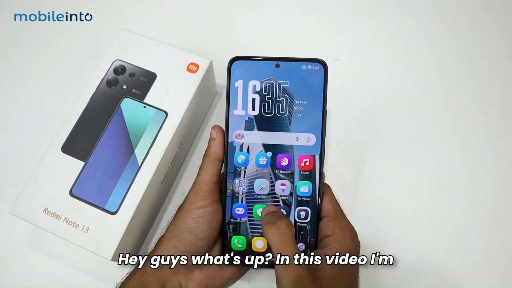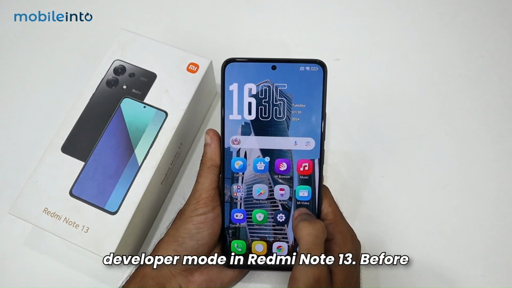Hey guys, what's up? In this video, I'm gonna show you how you can enable developer mode in Redmi Note